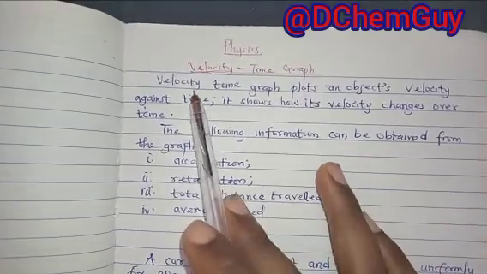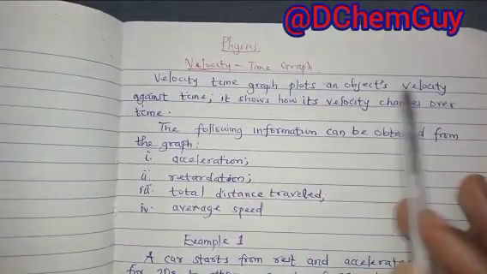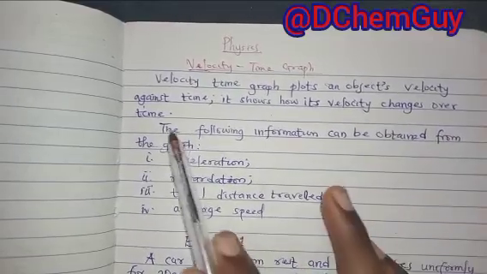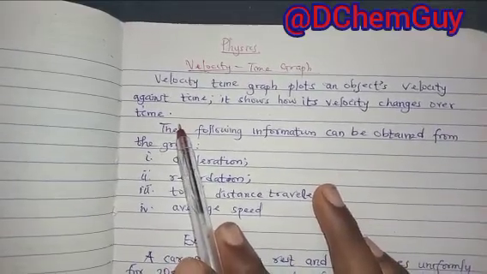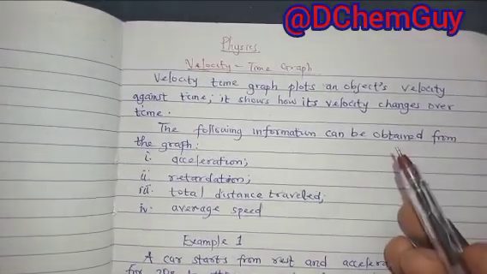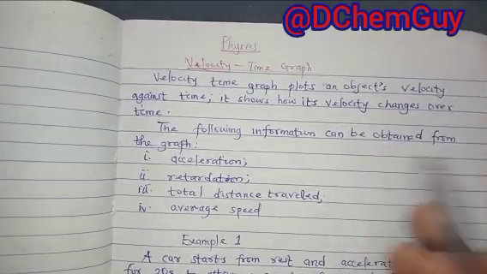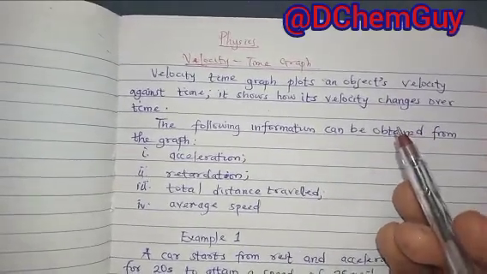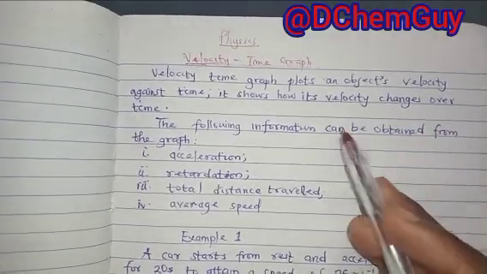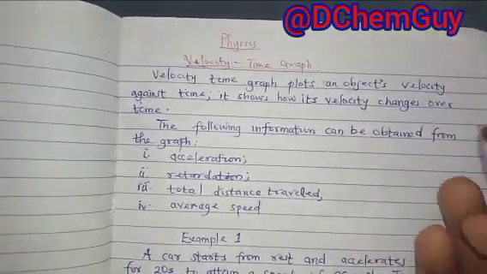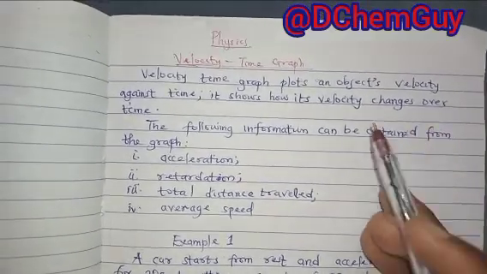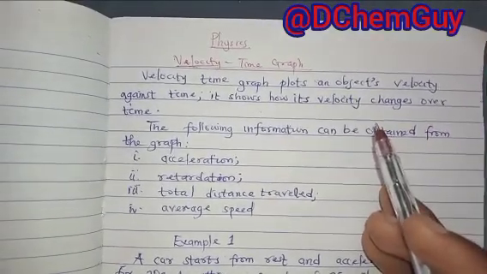Okay, a velocity time graph plots an object's velocity against time. It shows how its velocity changes over time. All right, so it visualizes the object's speed and direction over a period. So how does it change over a period of time? Now, what information can you obtain from